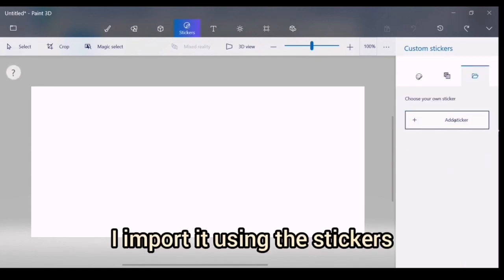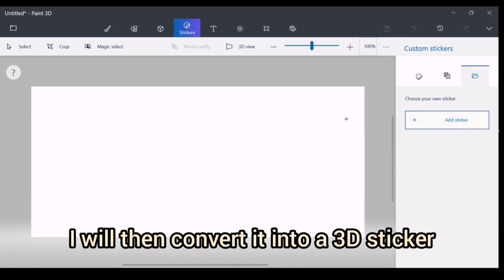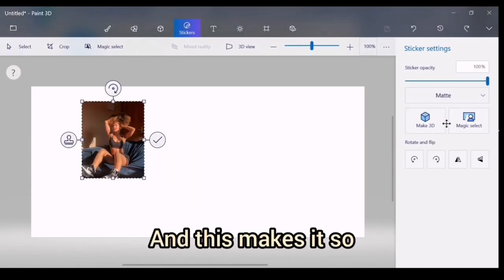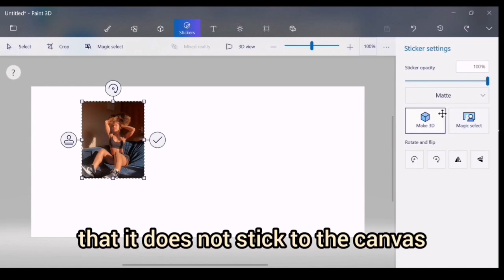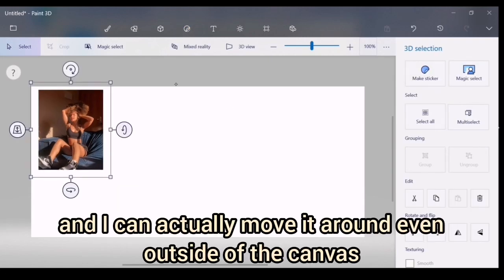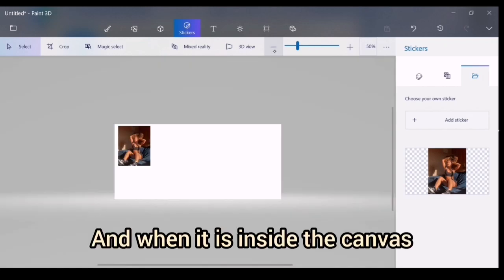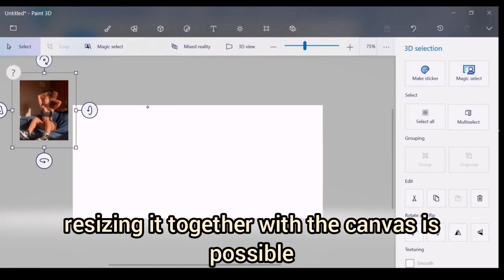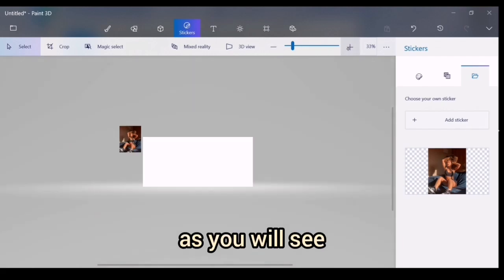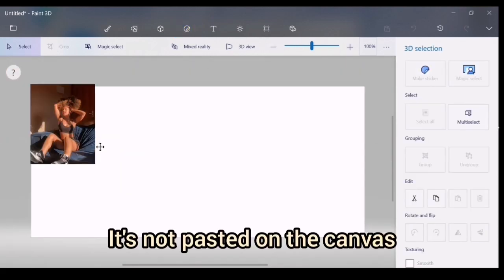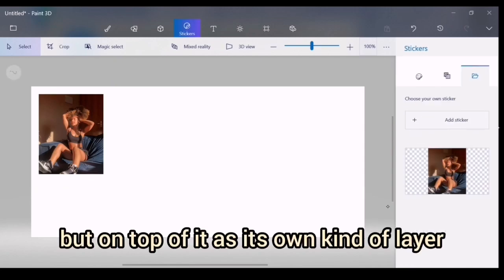I import it using the stickers. I will then convert it into a 3-dimensional sticker. And this makes it so that it does not stick to the canvas, and I can actually move it around even outside of the canvas, and when it is inside the canvas, resizing it together with the canvas is possible, as you will see. It's not pasted on the canvas, but on top of it has its own kind of